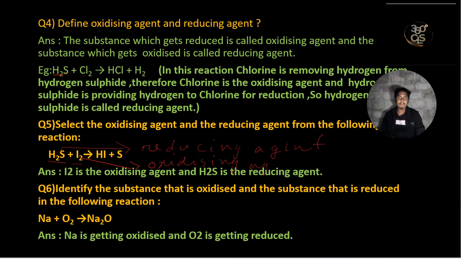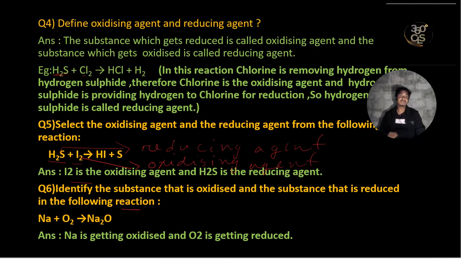Oxidizing agent. Okay, iodine is the oxidizing agent and hydrogen sulfide is the reducing agent. Now the next problem is to identify the substance that is oxidized and the substance that is reduced in the following